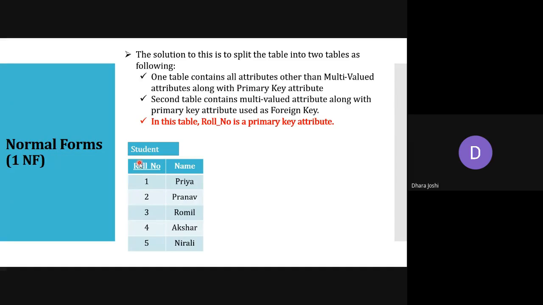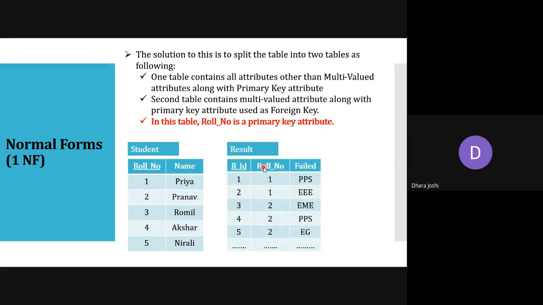The second table contains the multi-valued attribute, which is failed subject, along with the primary key, which is roll number from the previous table.